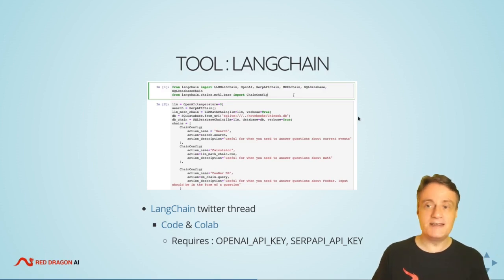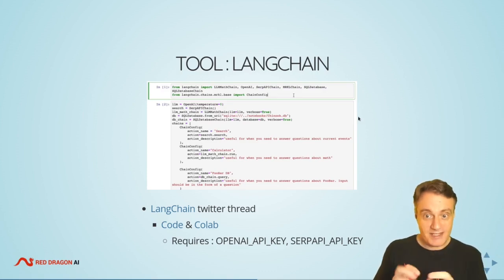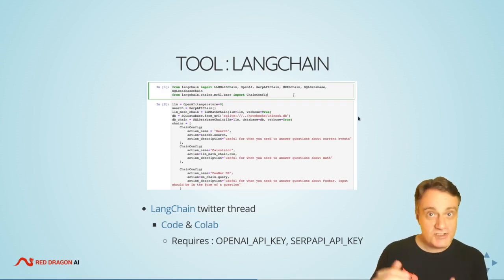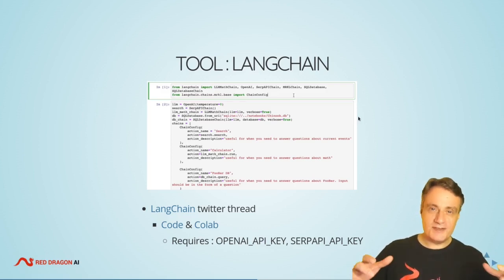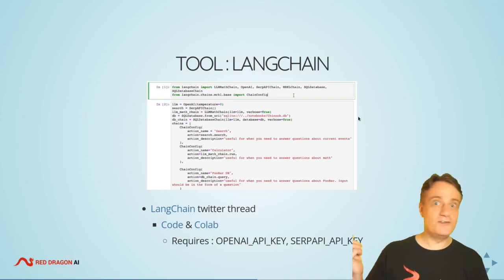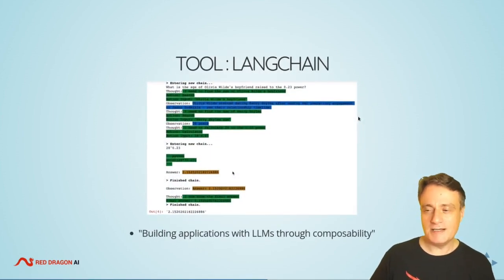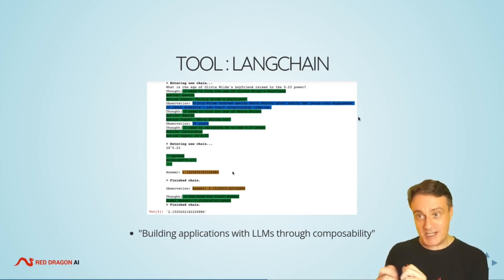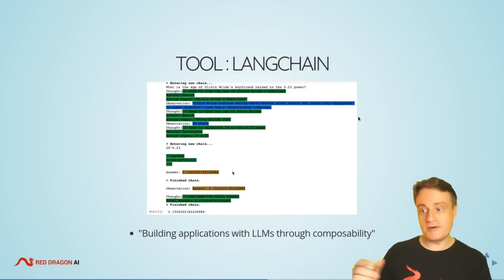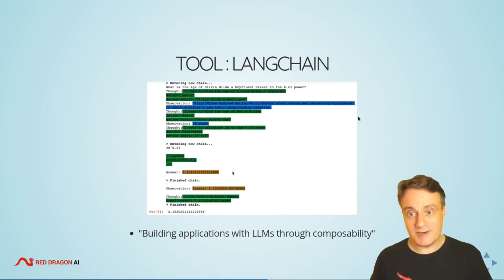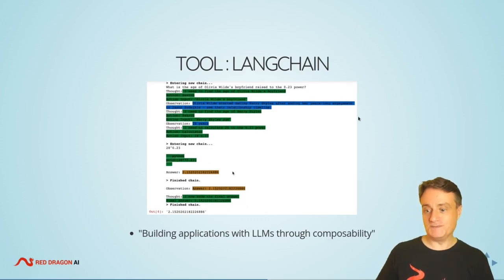Maybe it'll pick off a website, read in a database, use Python to integrate the results, and do a bit of reasoning. Basically, this is extremely powerful, assuming you can keep the different tools under control and they don't just decide to have fun. As long as it's well directed, this is very, very interesting in terms of acting. There's an example here to do with finding the relationship between people and their ages and then doing a mathematical operation. Nice examples. I'm sure there are even more examples in their GitHub now that ChatGPT has come along.